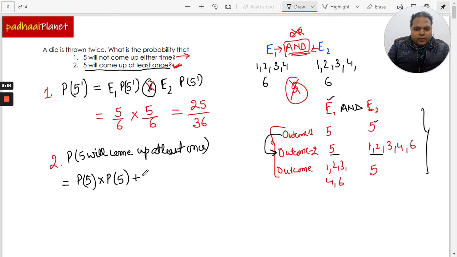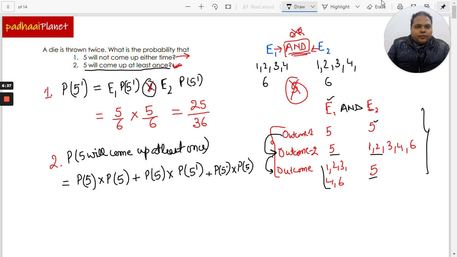So we will write P, this is from outcome number 2, and here we will have multiplication, and this is probability of 5 dash, because 5 is not there, it is like 5 not probability, right? Plus, let's now write down these two options, this one and this one. So this is again P5 dash, multiplication rather, times P5,